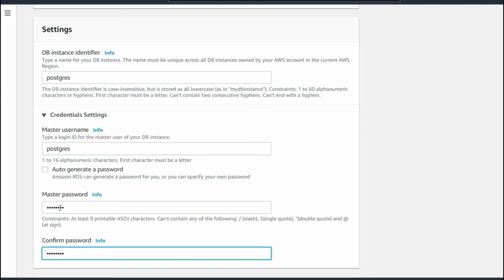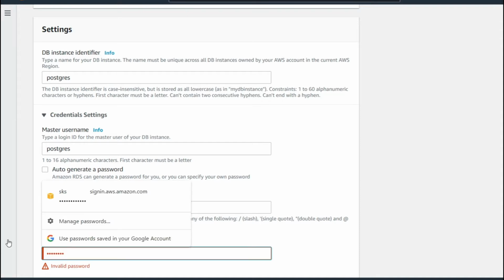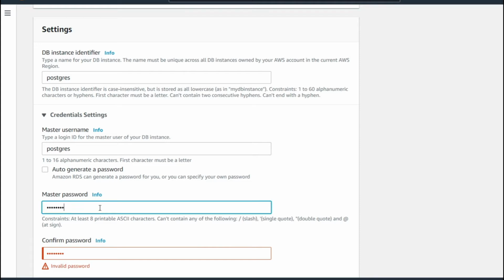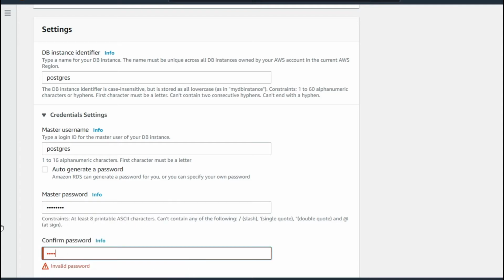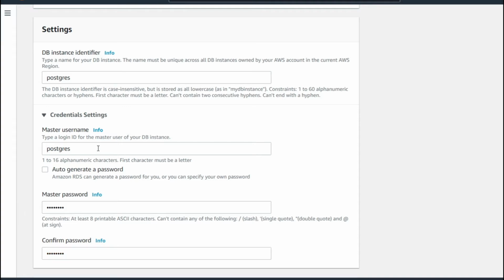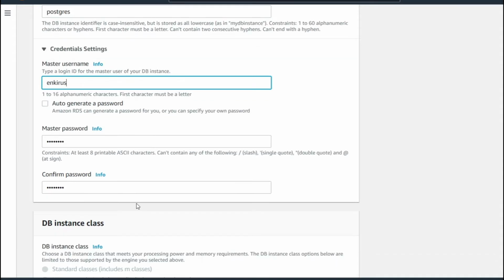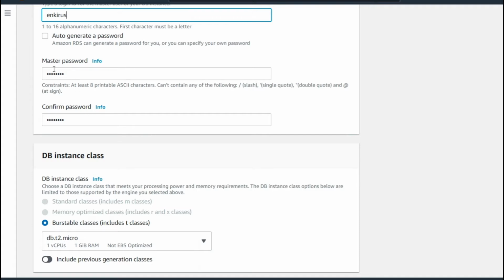This here is basically a master password for your database. When you are trying to connect to it, you need to give this as a username, or you can give your own username also. Yeah, this should be good. For master username you can select your own name, or let's select this here. And master password, I've given something. This does not conform to any password specialty check. You can give anything here.